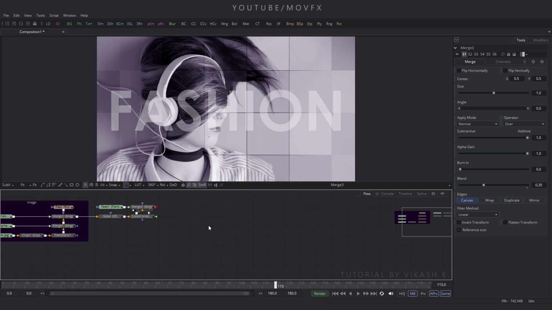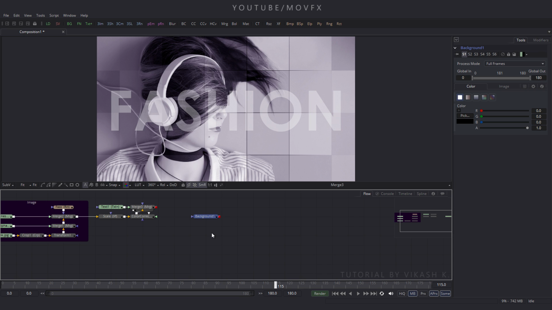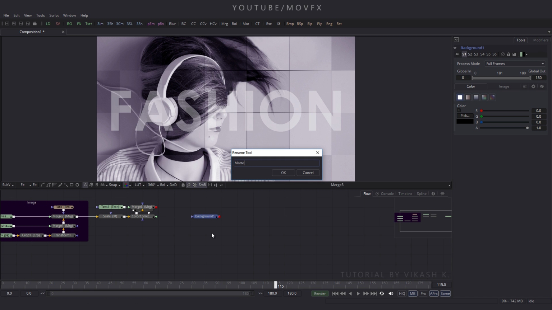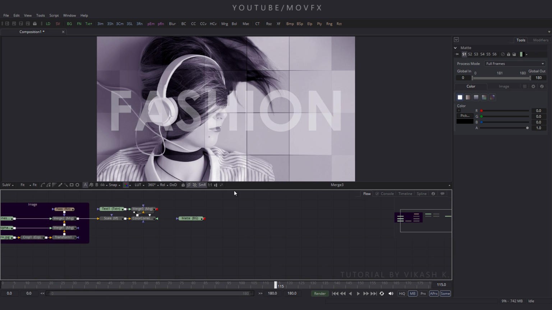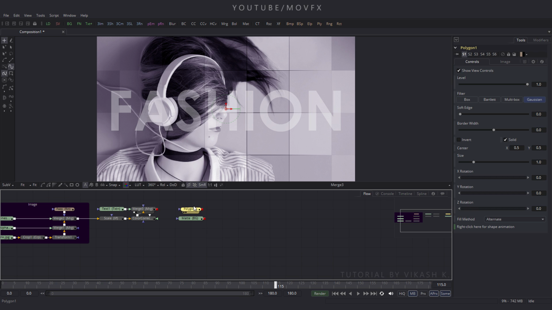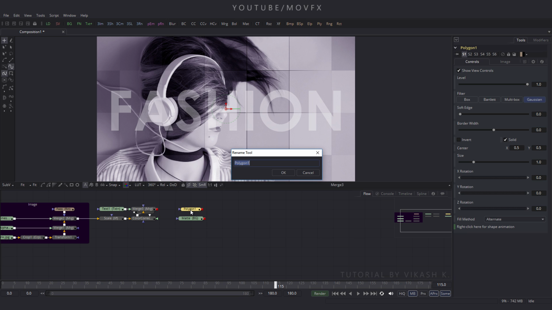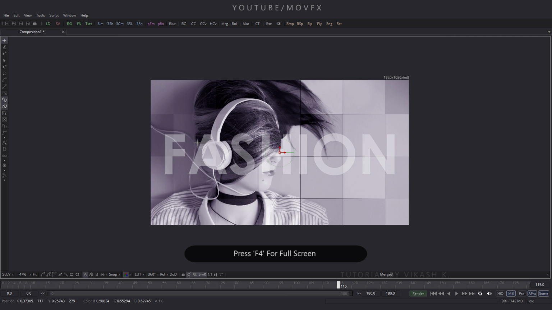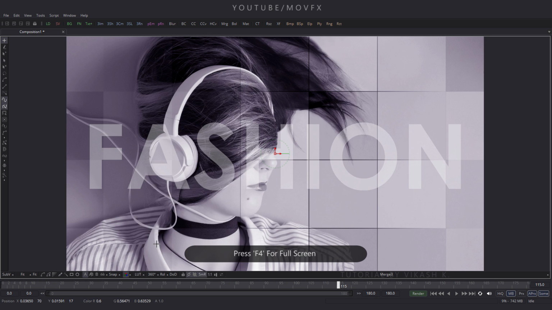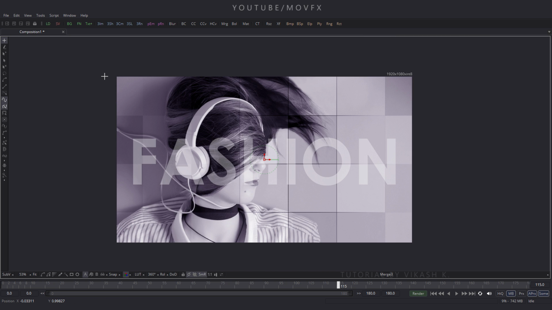Okay, now we have to create a matte, so take a background node, click on the BG button, rename this background to matte and hit enter. Okay, now double click on the flow window and take a polygon tool, click on this option here, polygon, and take a polygon, rename this polygon to P1, so press F2 and rename it to P1. Okay, so full screen this preview window by pressing F4 and click on fit and create a shape something like